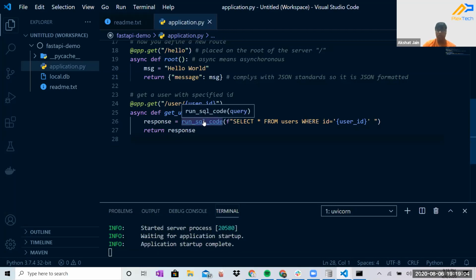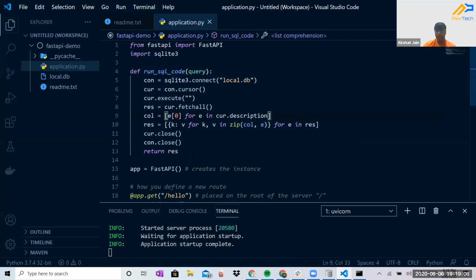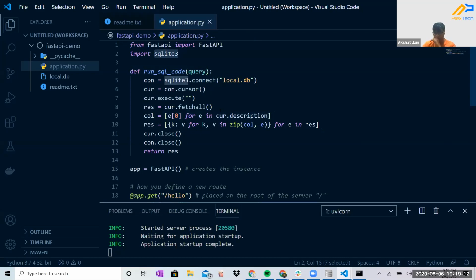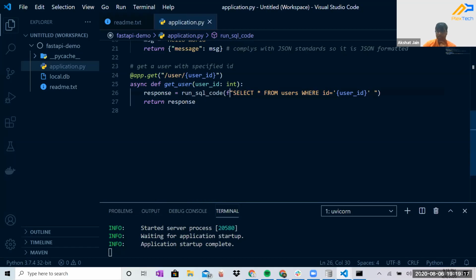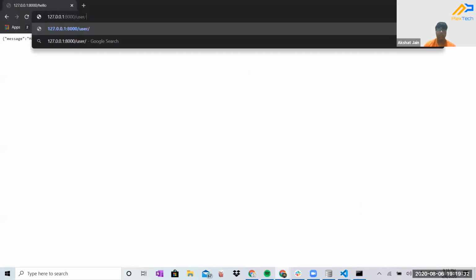The only hard part here was to run SQL code, but I gave that to you. That's kind of a detail that you don't really need to worry about because you could look at SQLite 3 and get this code from the documentation. But the most important part is the way we interacted with the database, right? And the way we actually used this user ID as a way to get the user from the database. So now whenever I access this user, I can say, if I want to know who the first user is,